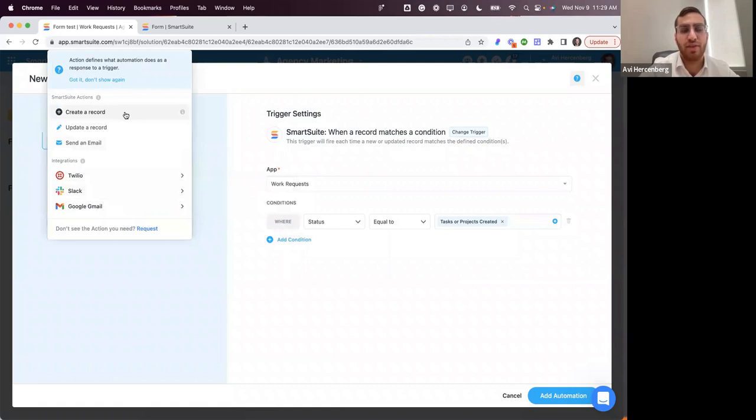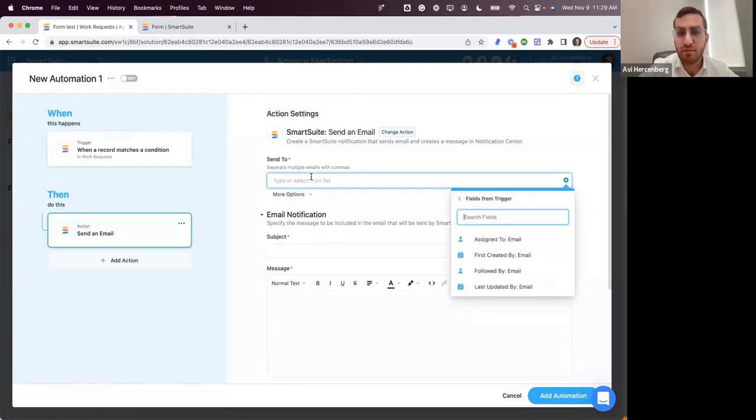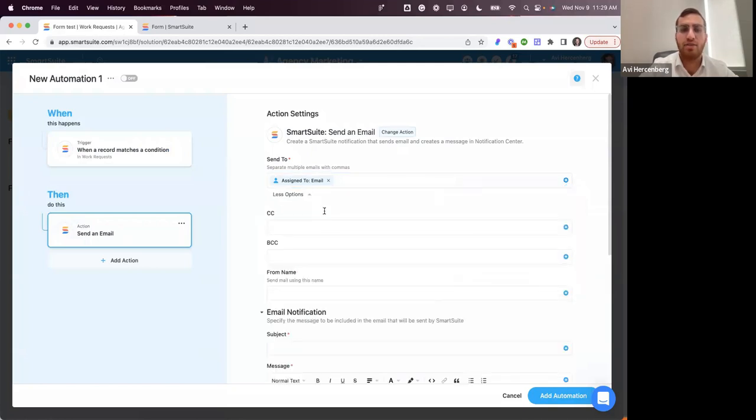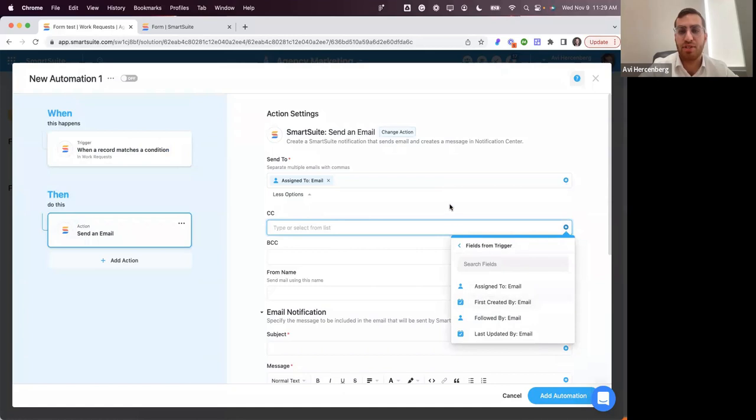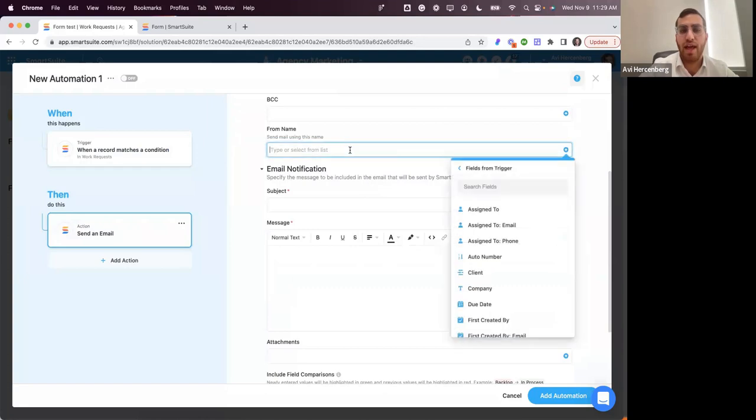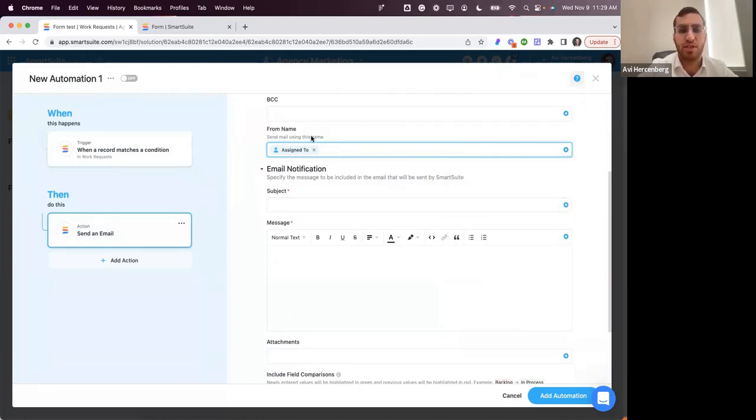So when a record matches this condition, add action. With add action, I can do many different things. I can create a new record, update an existing record, send an email, send an SMS, Slack, or Gmail. And we actually have five more integrations coming up in the next week. But for example, if I want to send an email, I can send it to the client and grab the client's email from the trigger. You can add CC and BCC options as well. You can CC whoever's assigned to it, so that way the email looks like it came from whoever's assigned